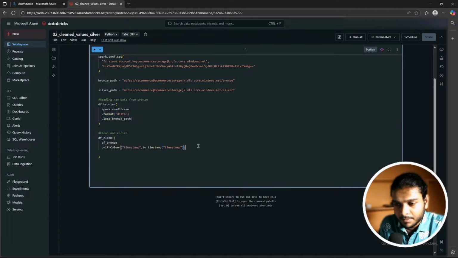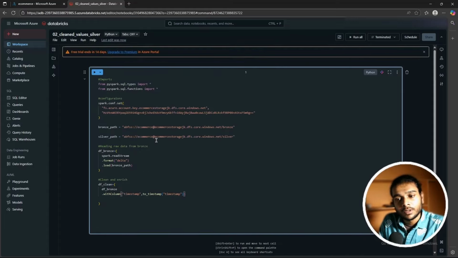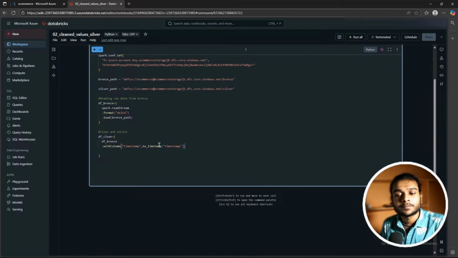So in this step, we are defining the data type of the timestamp column, because in the bronze code we never defined the timestamp column as timestamp. We defined it as a string, but now we define it as a timestamp because we can use some functions and methods on the timestamp, like timestamp windowing, some stuff like that. So we're changing the timestamp from string to timestamp, and also say